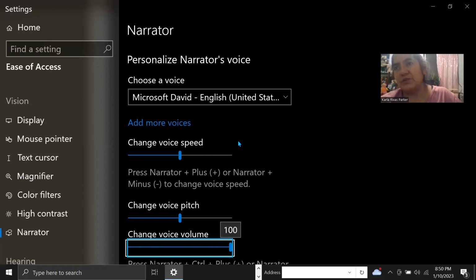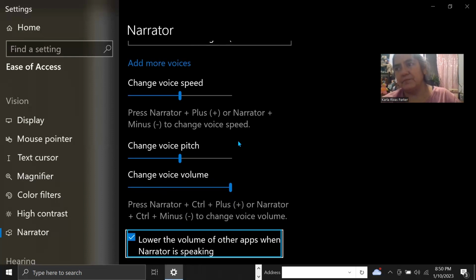Okay, next, moving on, tab. Lower the volume of other apps when narrator is speaking. Checkbox checked. This is very important because sometimes we're listening to YouTube videos like this one. And if you want to pause the video because you want to take notes or you want to write a link or somebody came and talked to you and you don't want to miss anything on your video,